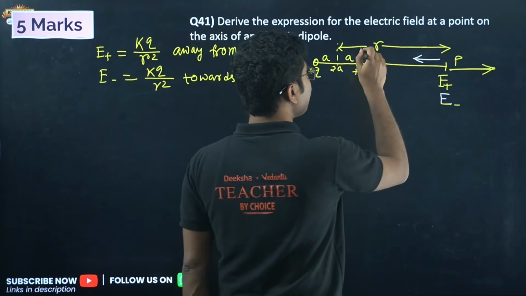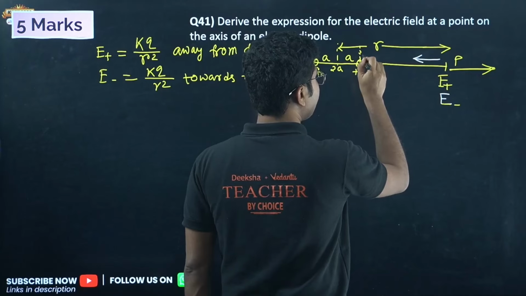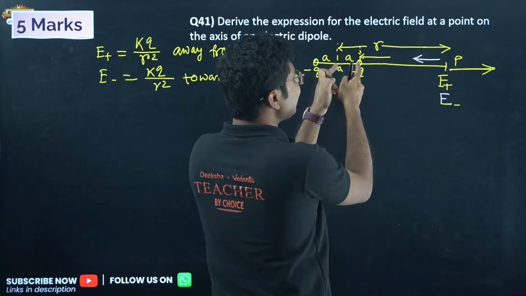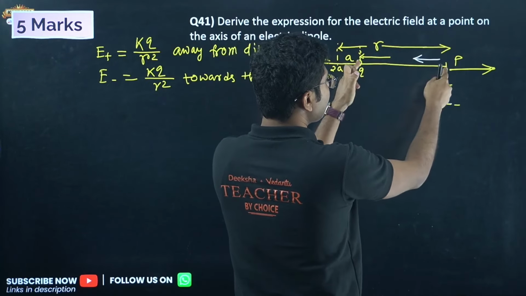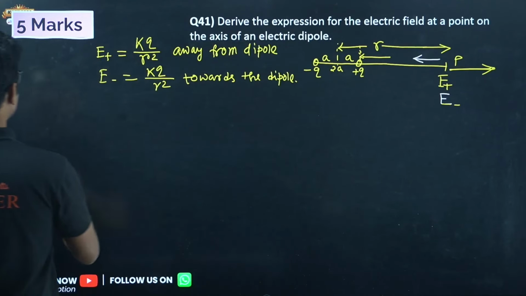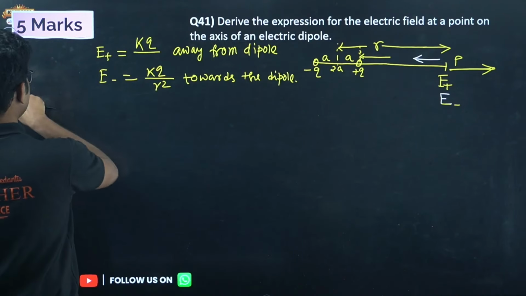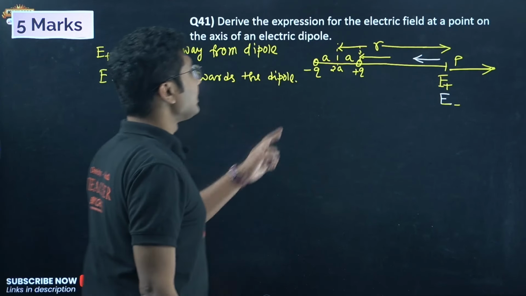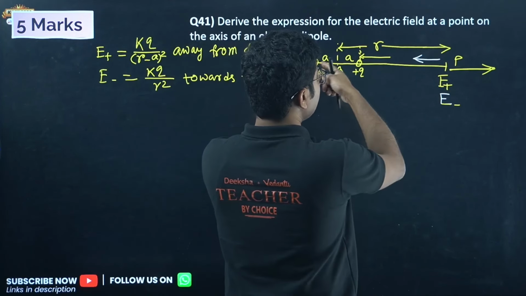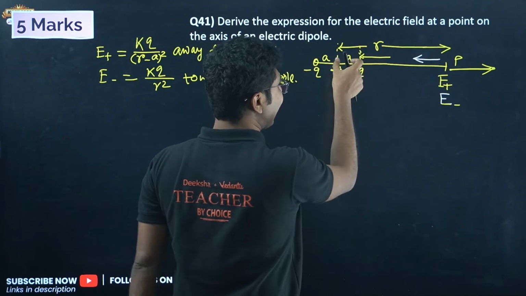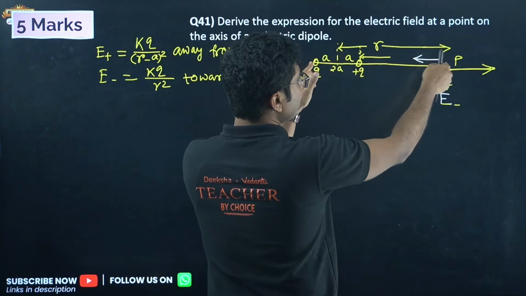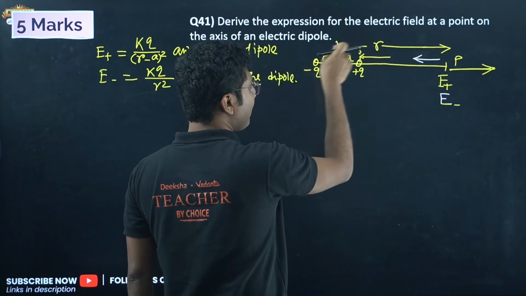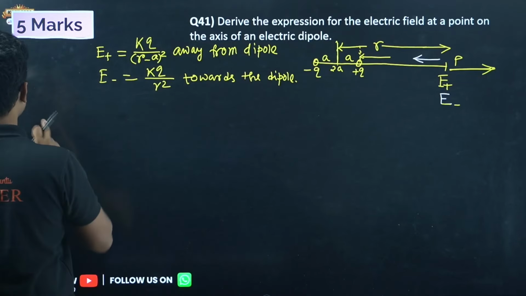So for the positive charge, this is actually the r. So what is this distance? The total distance is r. This much distance is a. So this small distance must be r minus a. So this will be r minus a, right? And what about the distance from the negative charge? This is a, this is minus Q, so this should be r plus a. r ends over here, so here we have small a, so r plus a is the distance from the negative charge.